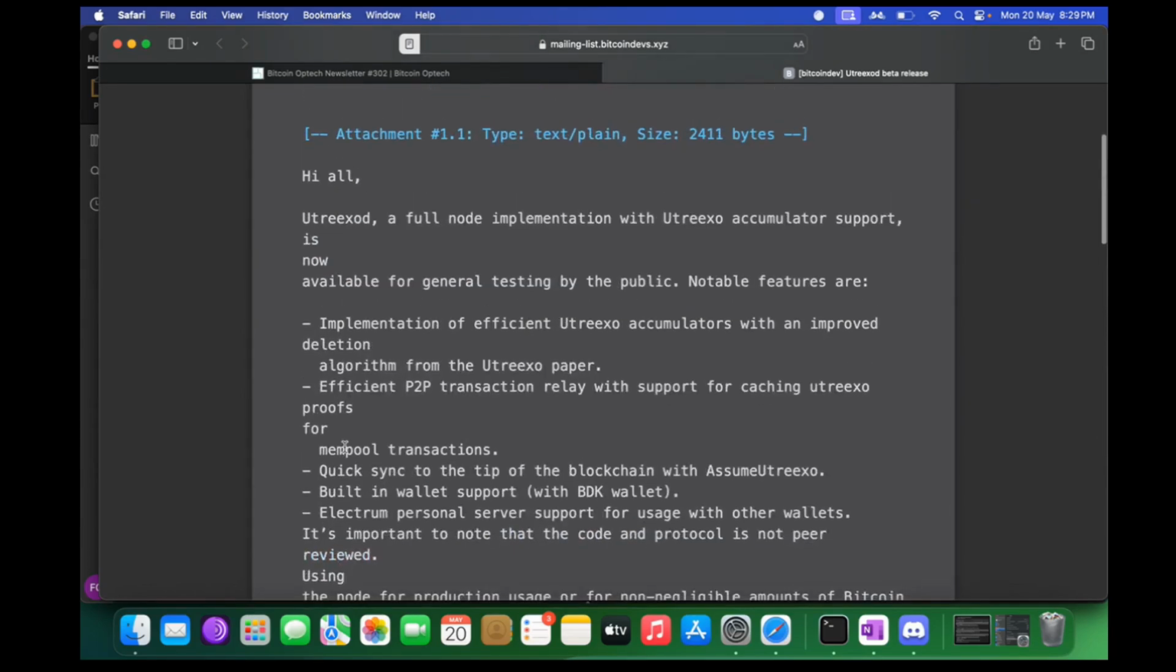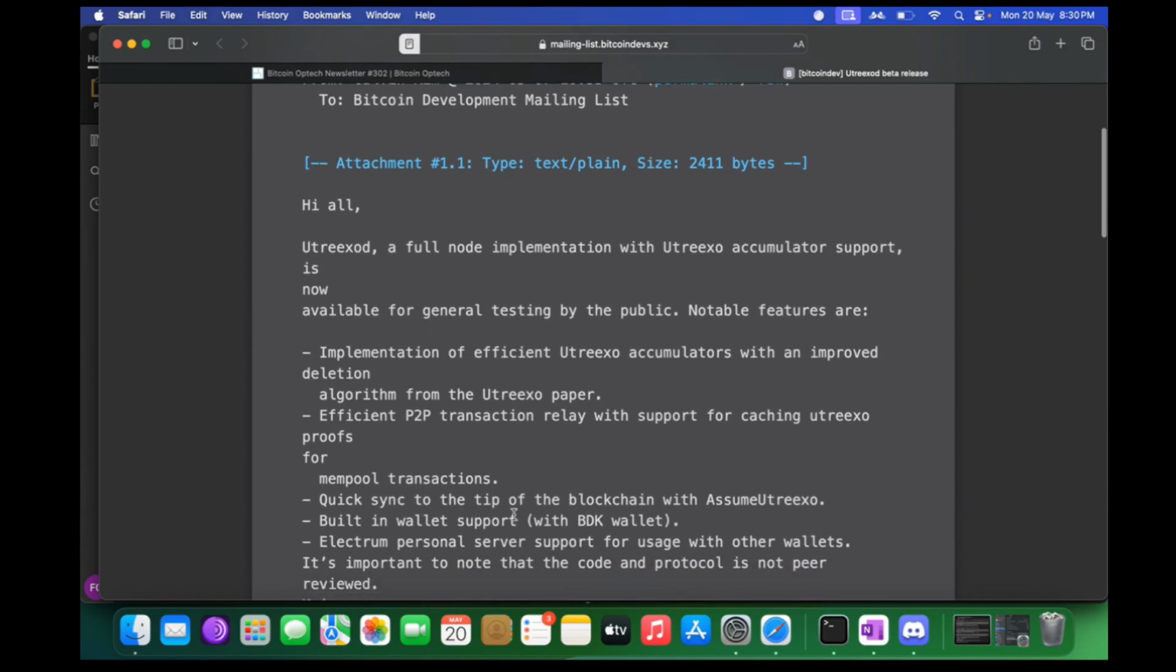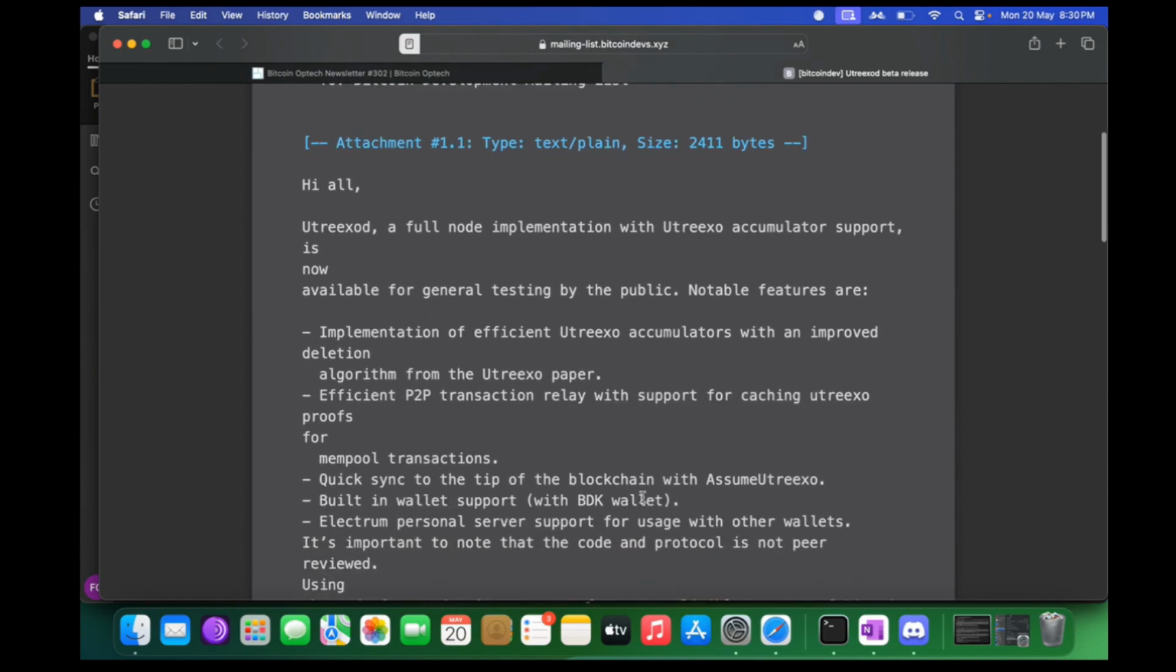Hi all. UTreeXO D, a full node implementation with UTreeXO accumulator support, is now available for general testing by the public. Notable features are implementation of efficient UTreeXO accumulators with an improved deletion algorithm from the UTreeXO paper, efficient P2P transaction relay with support for caching UTreeXO proofs for mempool transactions, quick sync to the tip of the blockchain with